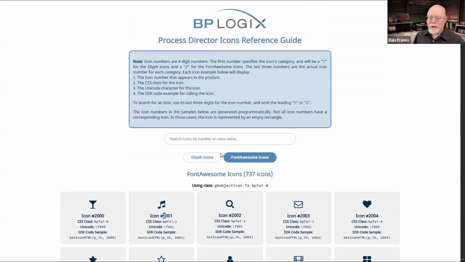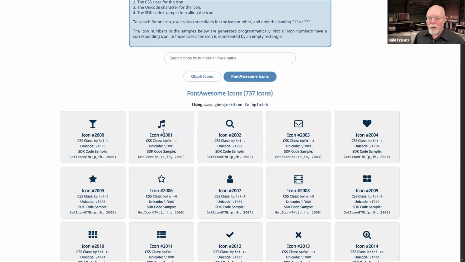All the icons are listed here, and we have the CSS class for the icon, the Unicode text representation for that icon, and we also have the SDK get icon HTML call, about how to call that particular icon should you do that in script. Now, the CSS class is interesting because you can actually just use the CSS class.